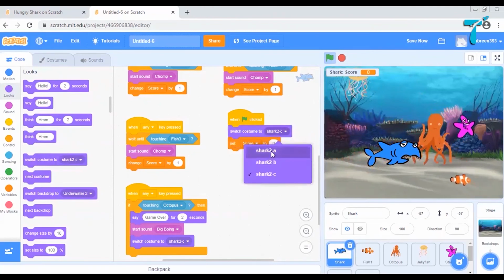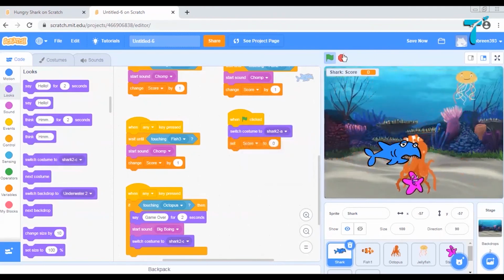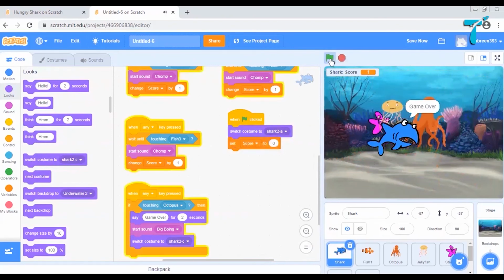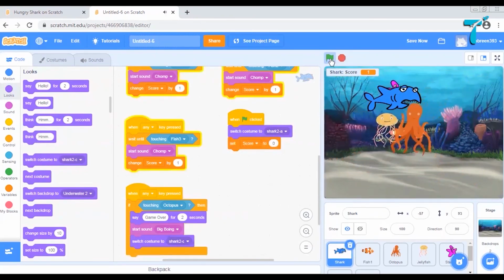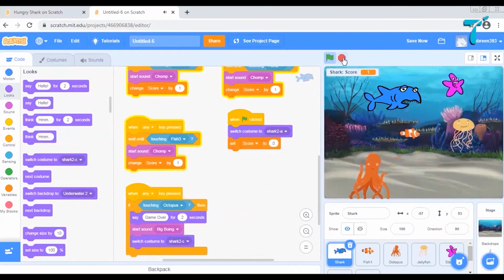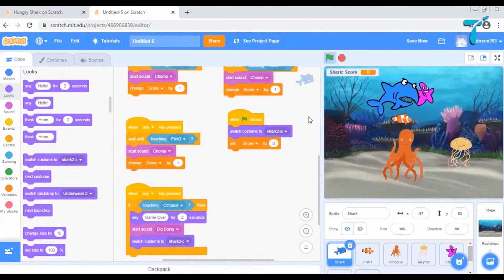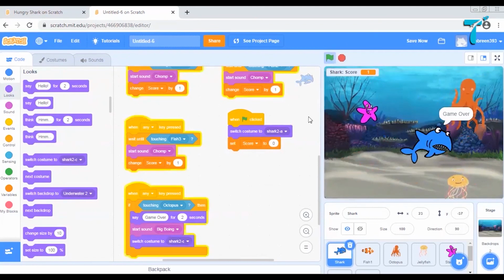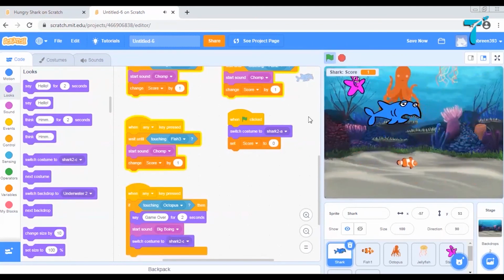Okay. So just take this shark A, just stop this, play it again. Yes, it is back. When it touches the octopus, it is in a bad way, right? Yes, that is what is required over here.